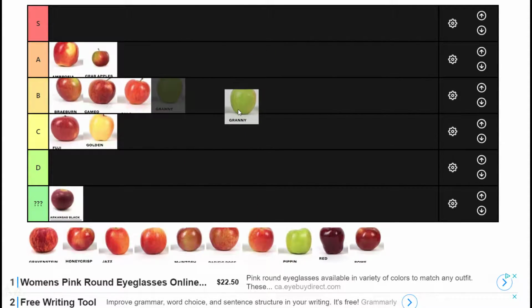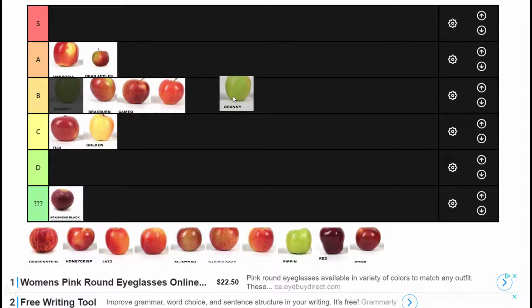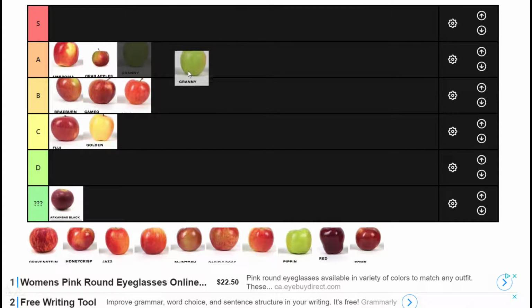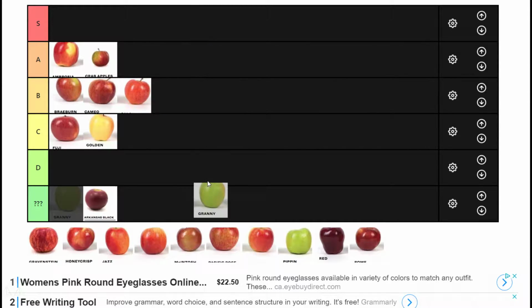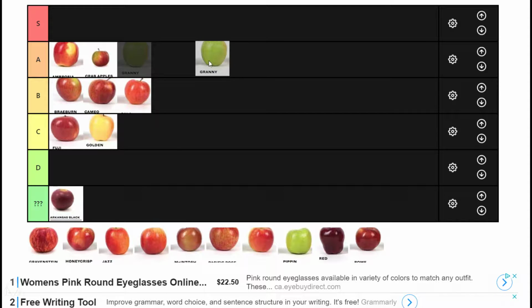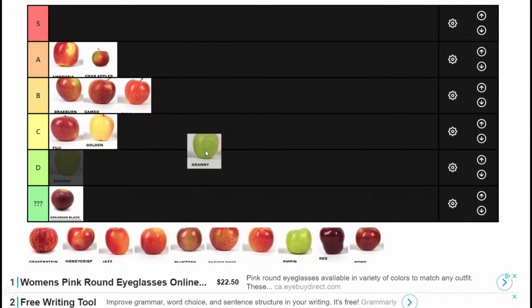And Granny Smith. Oh boy. Oh me, oh my. The old granny of the apple groups. This one has me torn. Part of me wants to say A because it's just such a good sour apple. It's good for everything. You can bake with it. You can eat it raw. You can do whatever the heck. But for me,